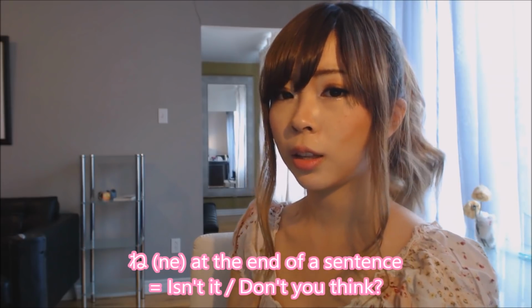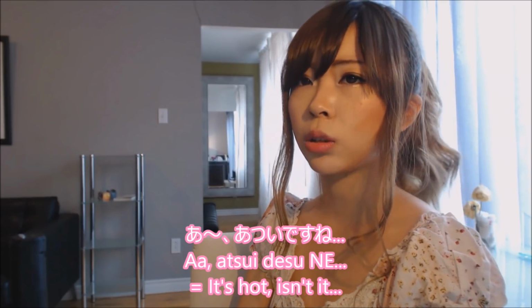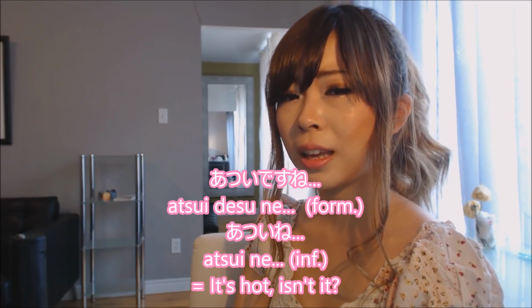その時計はかっこいいですね。Japanese people put ね at the end of a sentence all the time. It's like, isn't it? Don't you think? It's because of the Japanese culture that we don't want to stand out, but we want the person to agree, or we want the listener to feel the same way. So, for example, if I want to say, it's hot, isn't it? Then I'd say, 暑いですね。In English, you can just say, it's hot. And then maybe the other person would say, yeah, it's hot. But in Japanese, we say, 暑いですね。Or in colloquial speech, 暑いね。